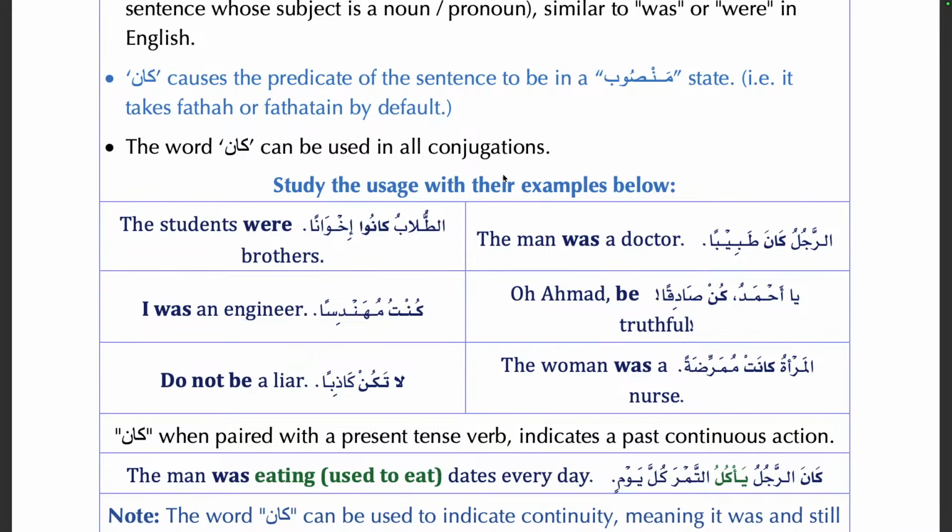Predicate is what? The information of the sentence, the secondary part of the sentence. The primary part of the sentence, who you're talking about, you call it the subject. The secondary part of the sentence, the information about the subject, you call it the predicate, right? Just simple expression. So all of these, what the man was, what the students were, what you're commanding Ahmad to be, they